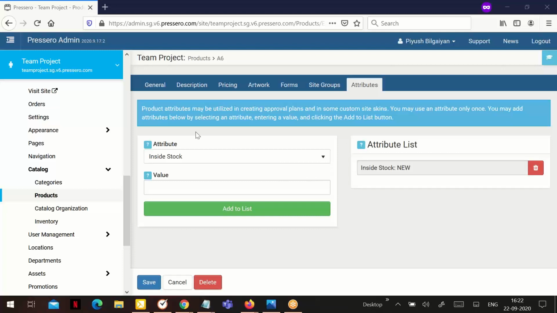Make sure to save all the changes after making any changes in any of the tabs